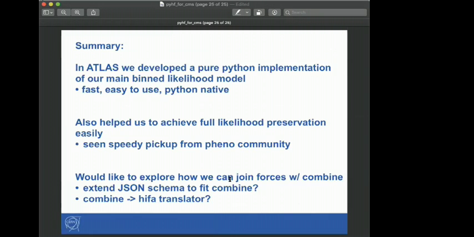Okay, so this brings me to my summary. In ATLAS, we've developed a pure Python implementation of our main binned likelihood model, which is HistFactory. It's very fast, easy to use, and native to Python, and uses newer techniques like auto differentiation, which help make these fits so fast. It also somewhat accidentally helped us achieve full likelihood preservation, which has been a priority for us for a long time, and we've seen a speedy pickup from the external pheno community,